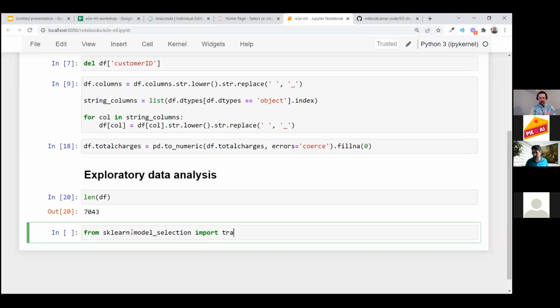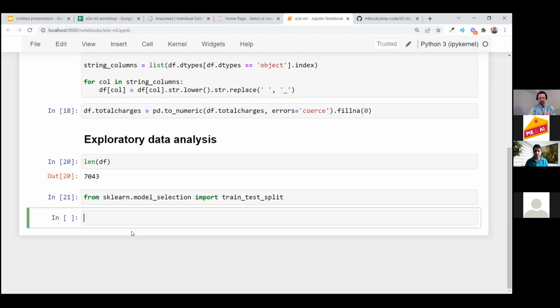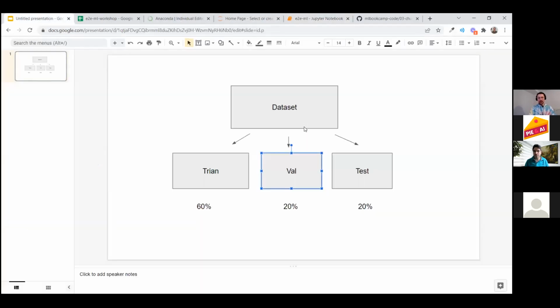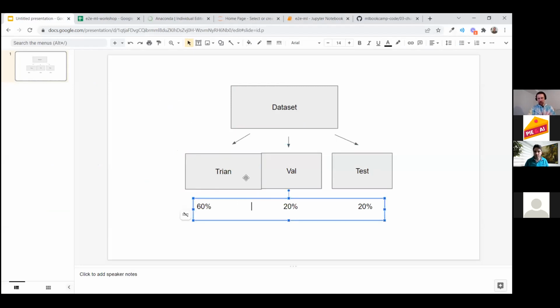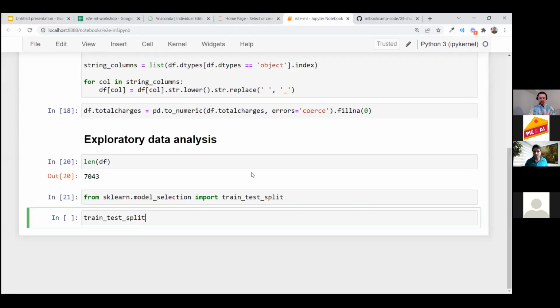There we have a train test split function. What this function does is take a data set and split it into two parts. So first we will split it into two, and then we do one more split. This way we'll have three splits.